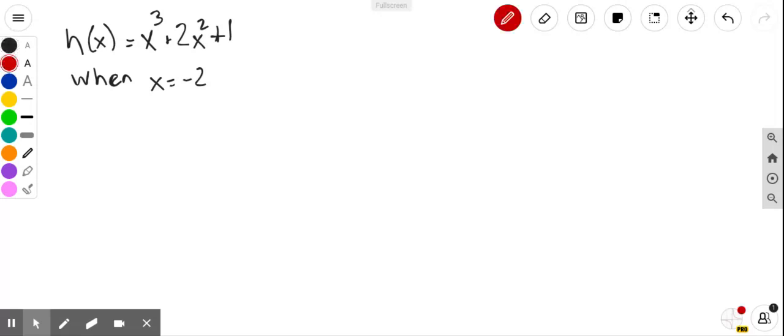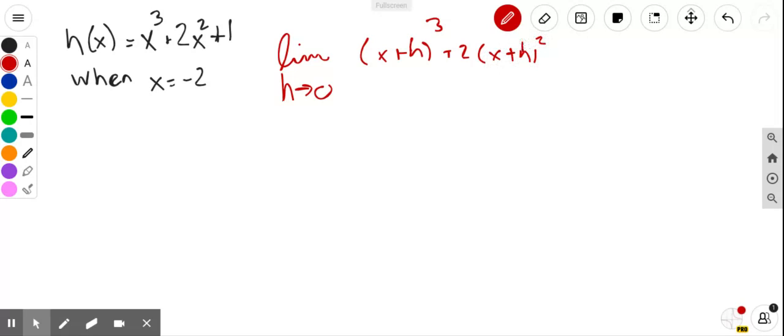So for the formal definition, it would be the limit as h approaches 0 of the x plus h cubed plus 2 times x plus h squared plus 1, minus the x cubed plus 2x squared plus 1, all over